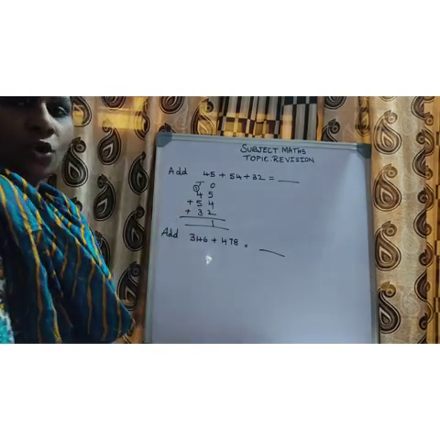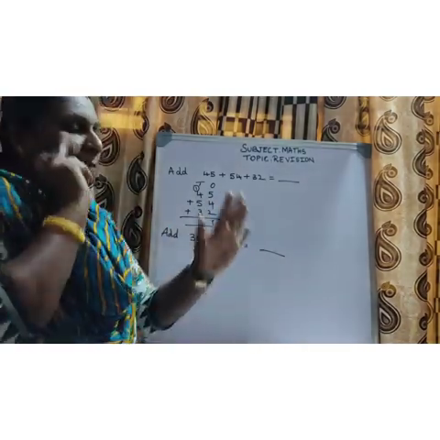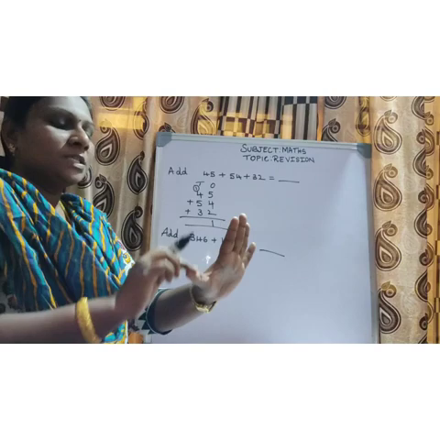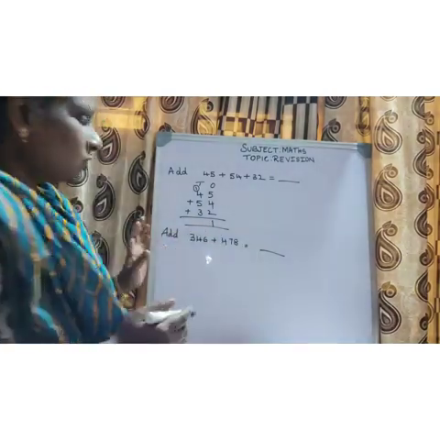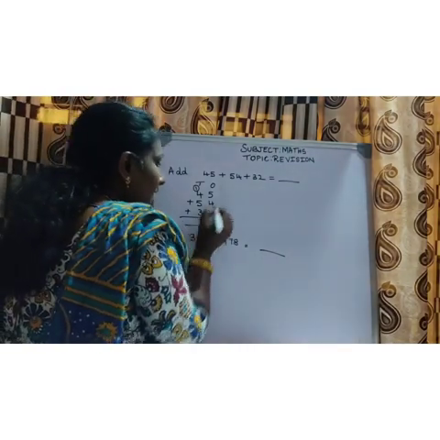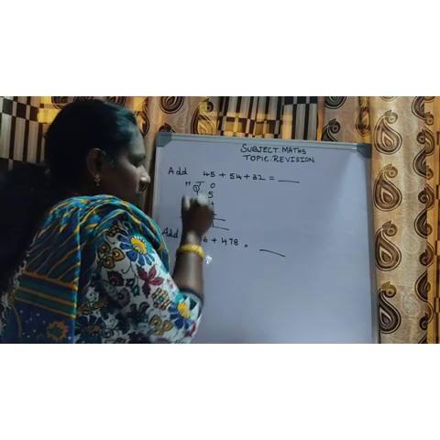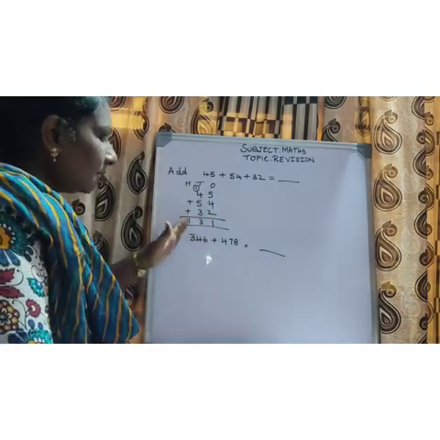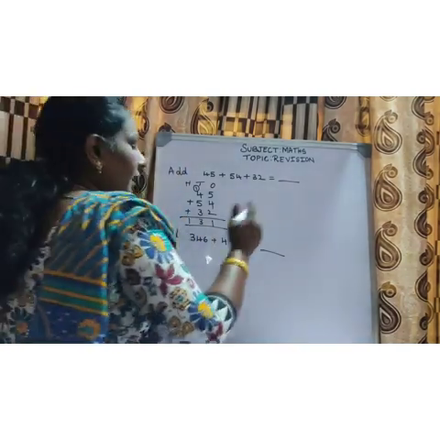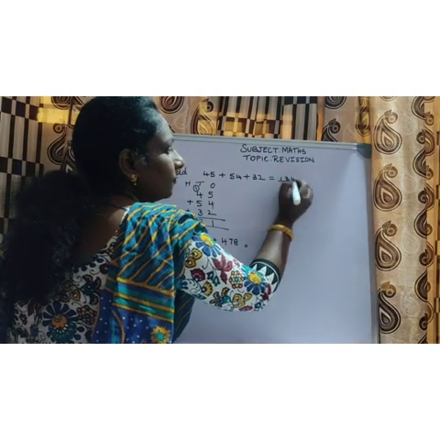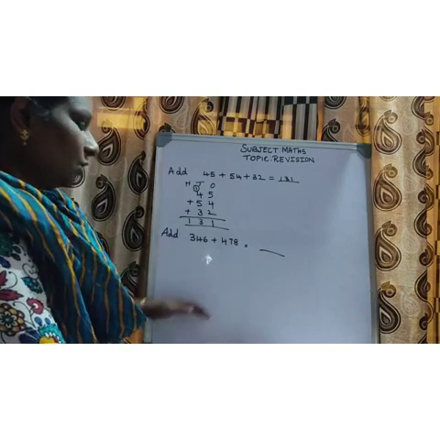Now 4 plus 1 is how much, children? 4 plus 1 is 5. So 5 plus 5: 5 in your mind, 5 show it in your finger. After 5: 6, 7, 8, 9, 10. So 10 plus 3 is 13. Write 3 here and 1 to the hundreds place. Because you don't have any number here, what should I do? I should bring down the number as it is, or you write the number in the next place, write hundreds, and you can write the answer: 131. So the answer is 131.